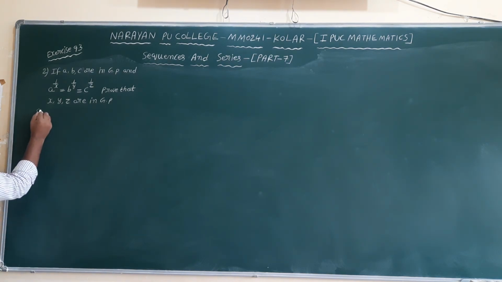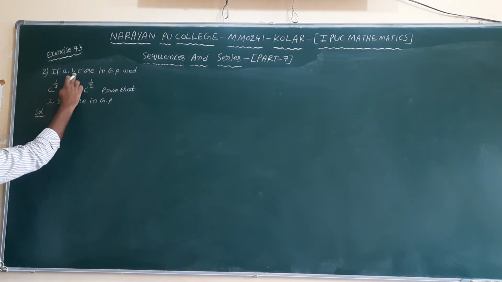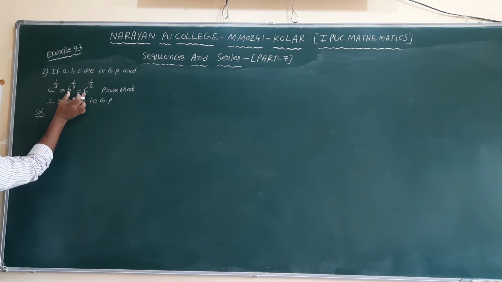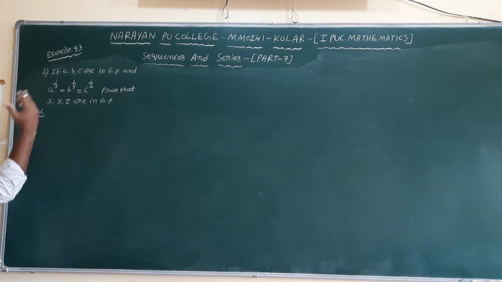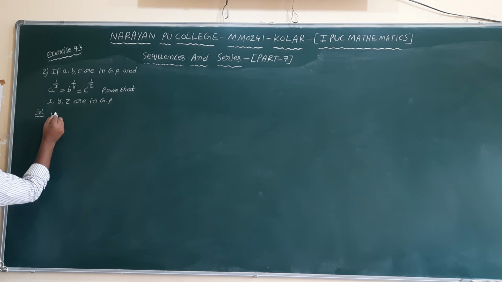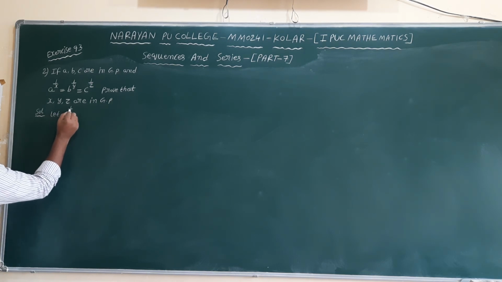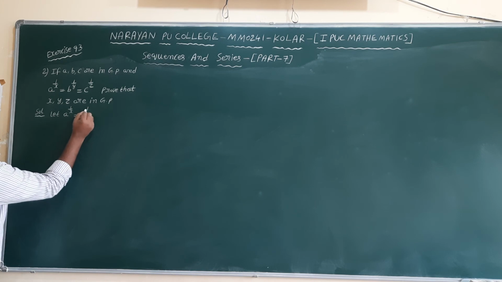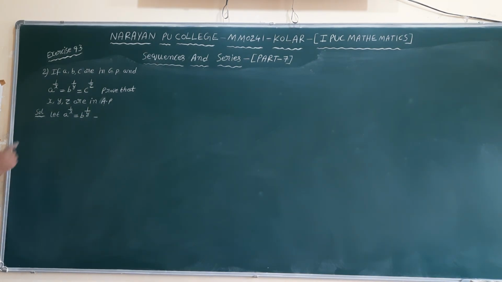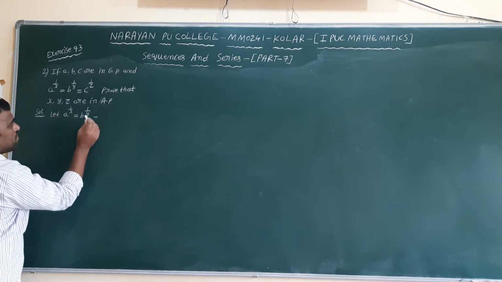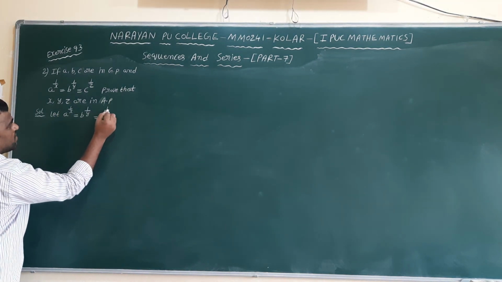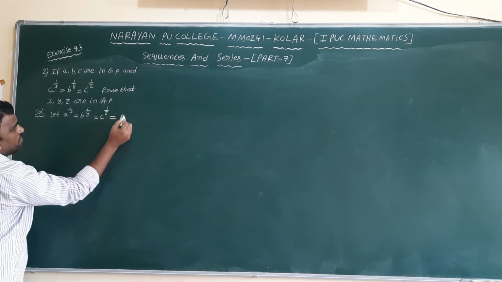So it is an important problem. They have given that A, B, C are in GP, and this is the expression. All these values are equal, in the sense that we will have some constant value. So let us take A power 1 by x is equal to B power 1 by y is equal to C power 1 by z. Here, the question: x, y, z are in AP. Sorry, it's not in GP. x, y, z are in AP, we need to prove. Okay, A power 1 by x equal to B power 1 by y equal to C power 1 by z equal to some constant, because everything is equal.